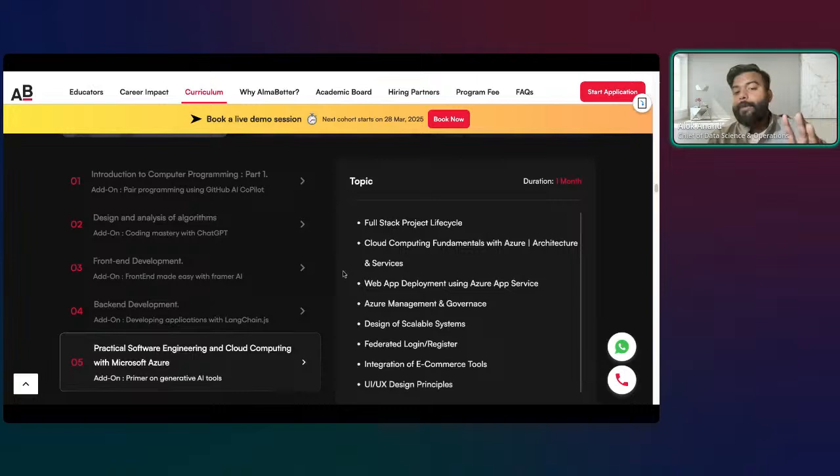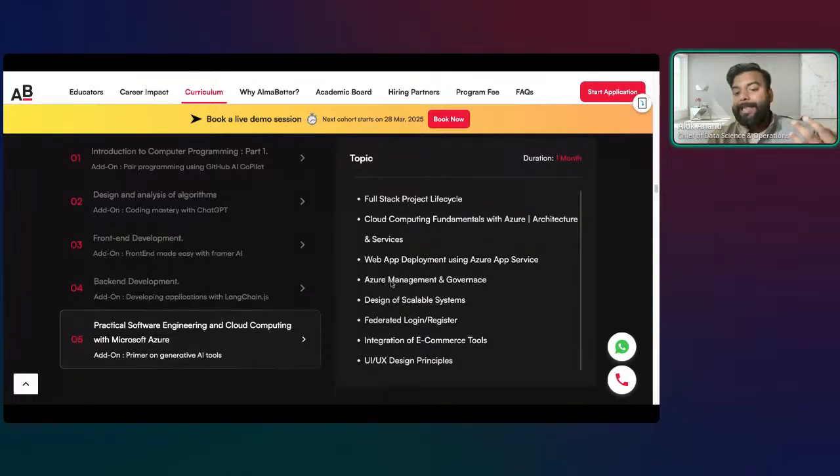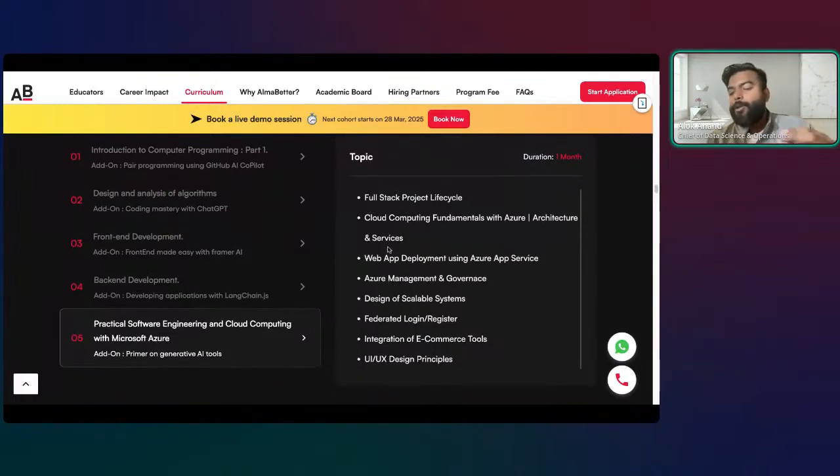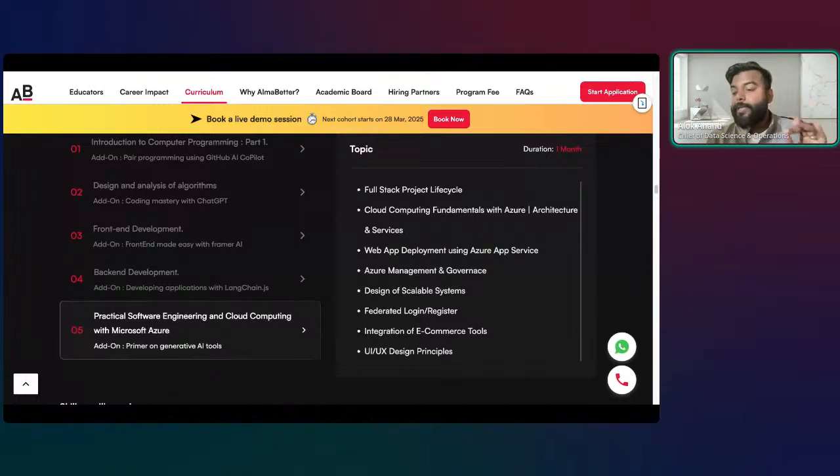Lastly, you have to understand backend and front end. Maybe as a fresher, you might not need a very in-depth understanding of the backend systems, but front end you should be comfortable with, and basics of backend you should know, right? And that is where it comes into the picture, where you go into the deployment of it. You understand the end-to-end things, the four aspects. As a fresher, you don't have to be a master in all. You have to be a master in one, and the rest three you should know how to handle, right? That's how you start. You master one, that is application development, but you should have an understanding of the rest three to a certain level.